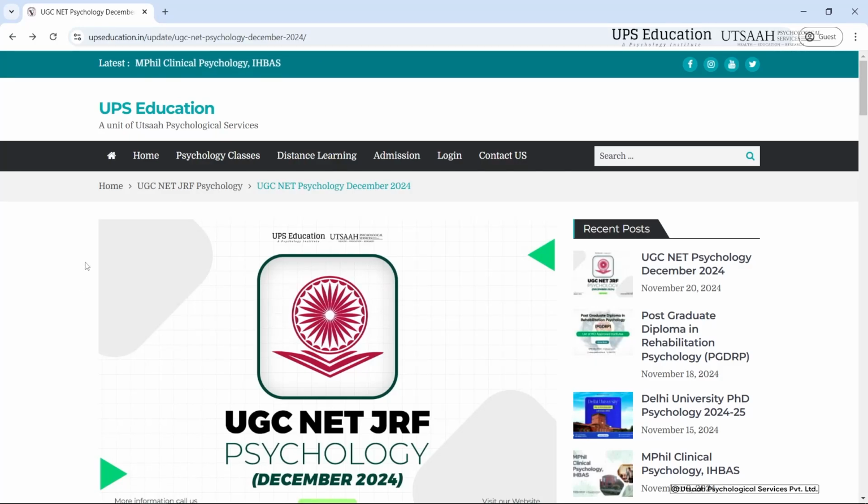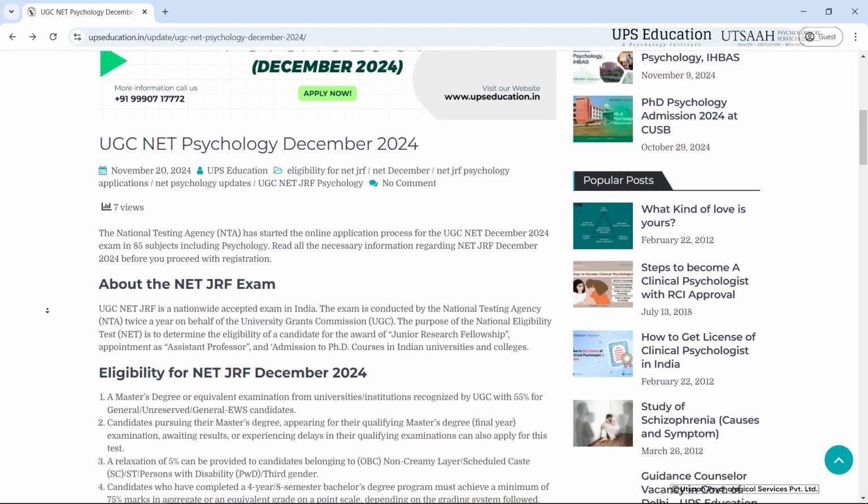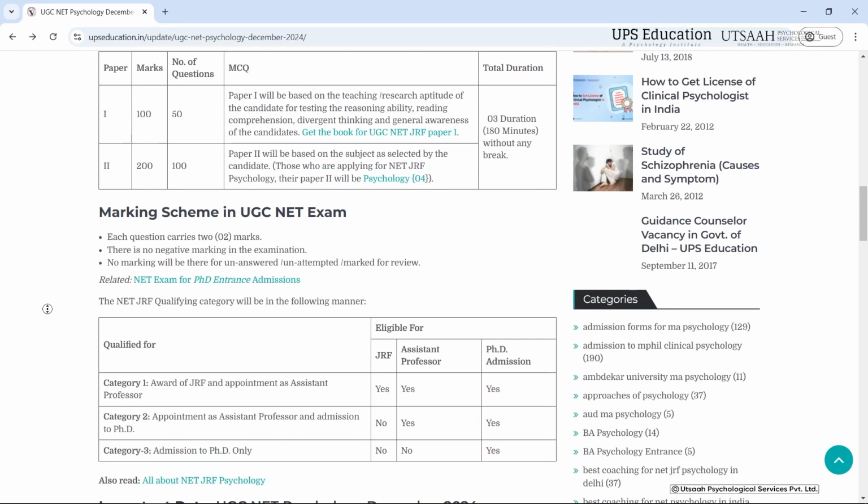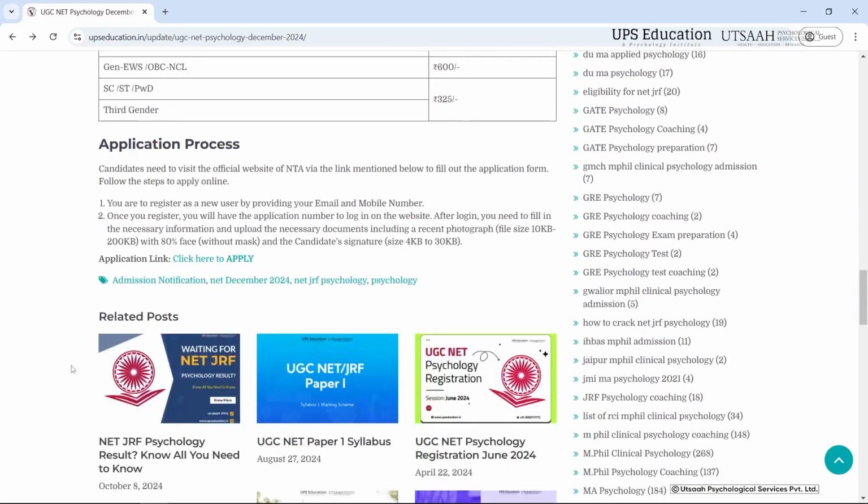So NTA has released UGC NET forms for December 2024. You can read the article thoroughly for the details about the exam, and you can find the link to this article in the description box. To register, you just have to scroll down and you can find it here under application process. Just click on the application link